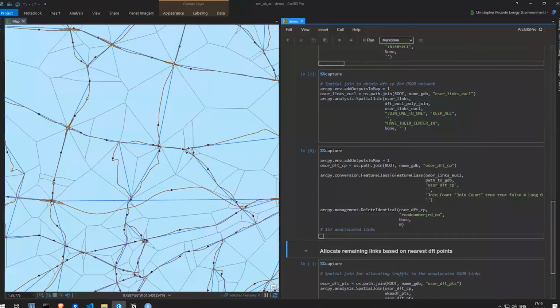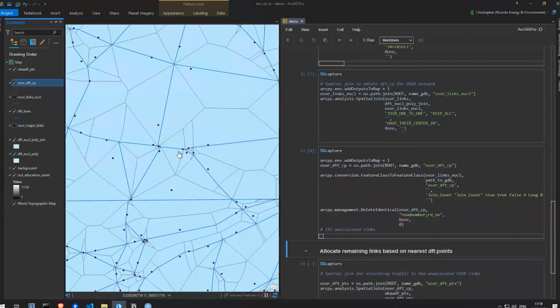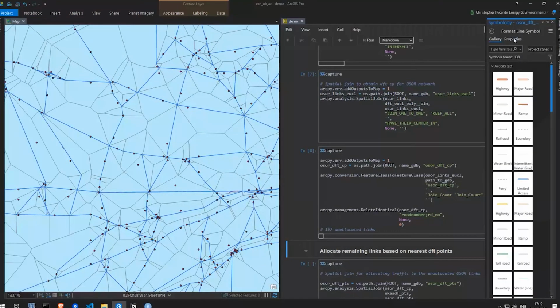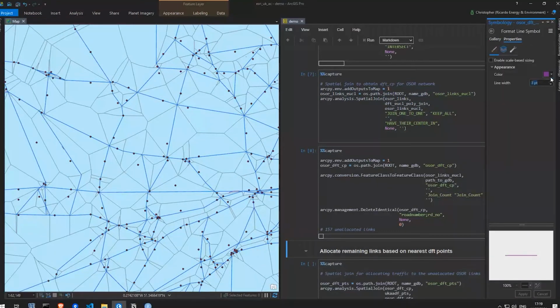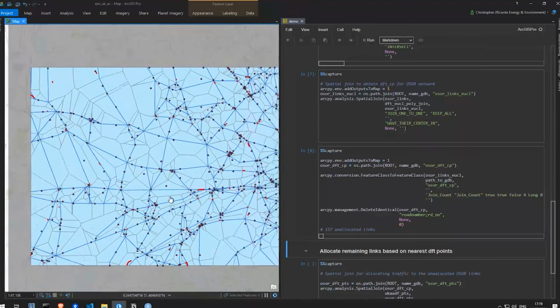Let's toggle them on so we can visualize them. So turn these ones off, zoom out, and let's change the colors. Let's make them bolder, making them red again to stand out. So there are 157 unallocated links from the open road network